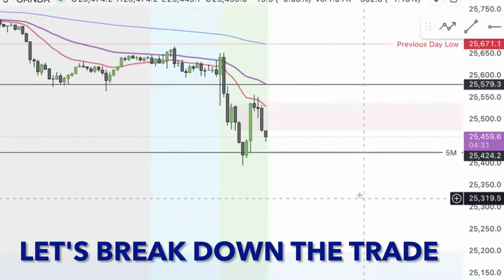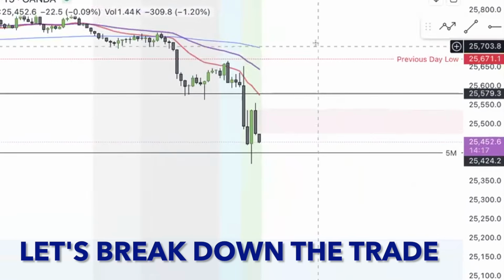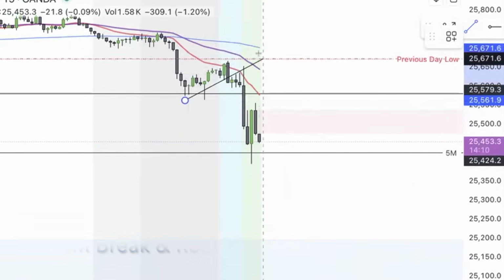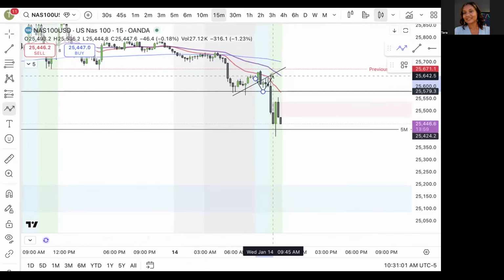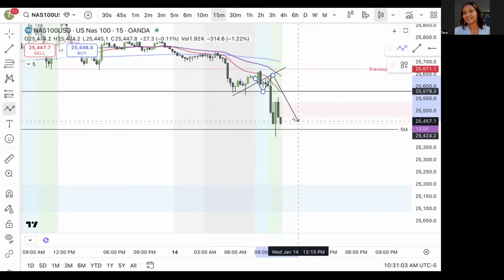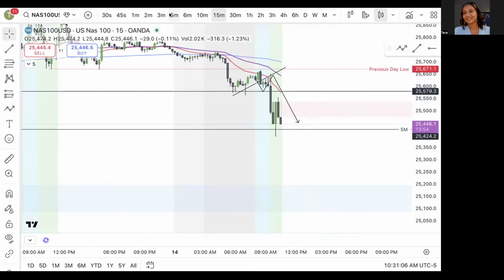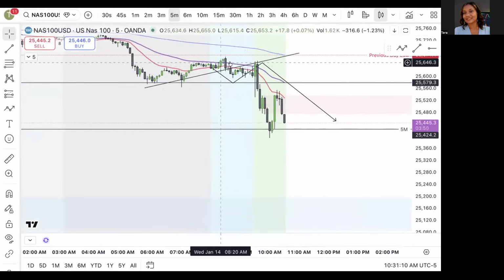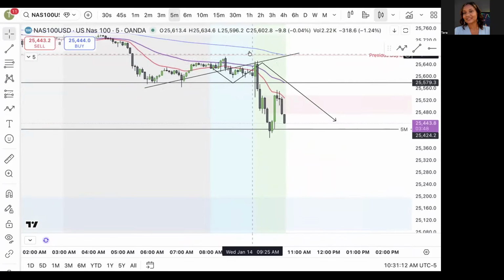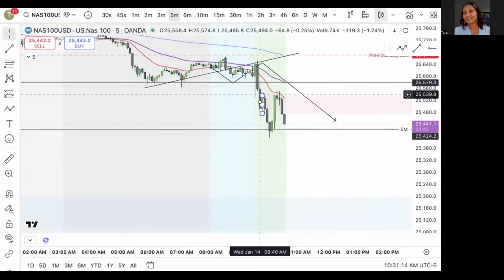Okay, let's review our setup. On the 15-minute time frame, I had a break and retest of this area. I had a break, a retest, and we expected it to continue downward. If we look on the 5-minute time frame, we can see that we're below the 20 and the 50 and the 200. Price broke to the downside,